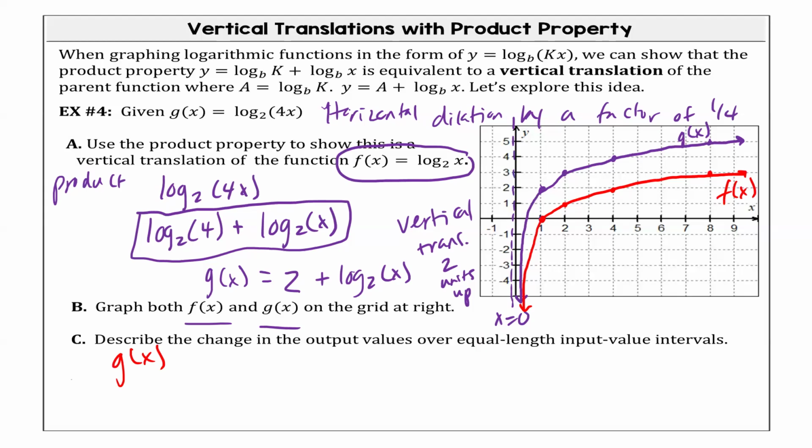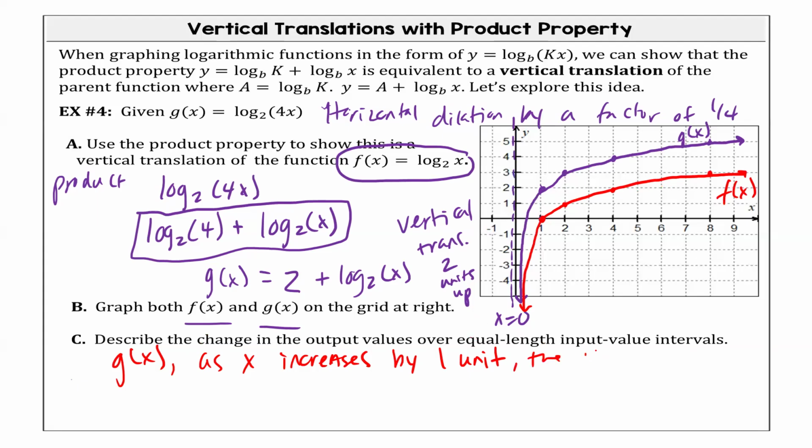Now, there's two ways you could have described this. The first way would be describing what happens to your input, which is using the dilation, right? So using the dilation is describing how your X values are affected, but it says how your output, how are your Y values affected. And because it says output, we would be talking about the translation, like what happened with our Y's, okay? So in this case, for G of X, as our x increases, that says increases by 1 unit. So that was the steady increase. Our x values are going up, right? By 1 unit,